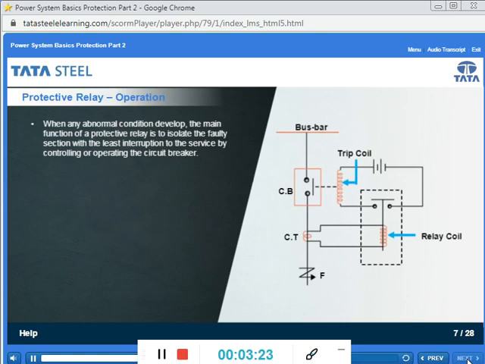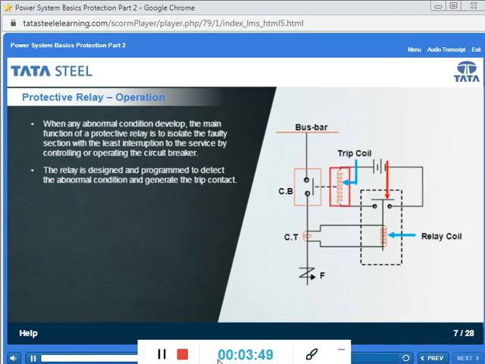This is a small part of a power network circuit of a plant. It is designed to protect the load side equipment by allowing a certain amount of current. The current transformer CT senses the load current continuously. The relay is designed and programmed to detect the abnormal condition and generate the trip contact. Therefore, in response, the plunger of the relay coil goes down, sending the power from the battery to the trip coil. The trip coil acts as a magnet and pulls open the switch. This disconnects the faulty current flow.